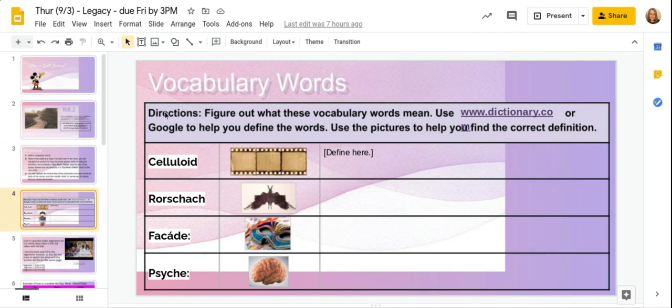This is your vocabulary word section. Okay, so there's 4 vocabulary words for you to look up. Here's some pictures to represent them. Remember how you did that on one of our activities? You had to pick a picture that went with the quote. Well, anyway, go ahead and go to dictionary.com. Whoops, I left off the M there, but go to dictionary.com, or you can go to Google to help you. And right here where it says define here,